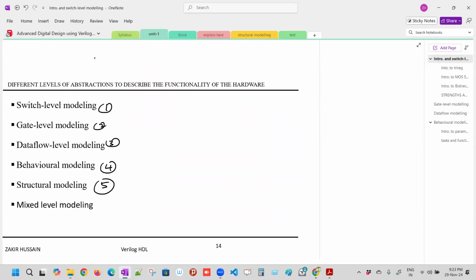Isn't there three ways like gate, behavioral, structural, and mixed? No, no, listen. Describe is equal to model. So often we say that this is modeling. We keep saying there are modeling styles. So what we mean by modeling style means describing styles. So the very basic